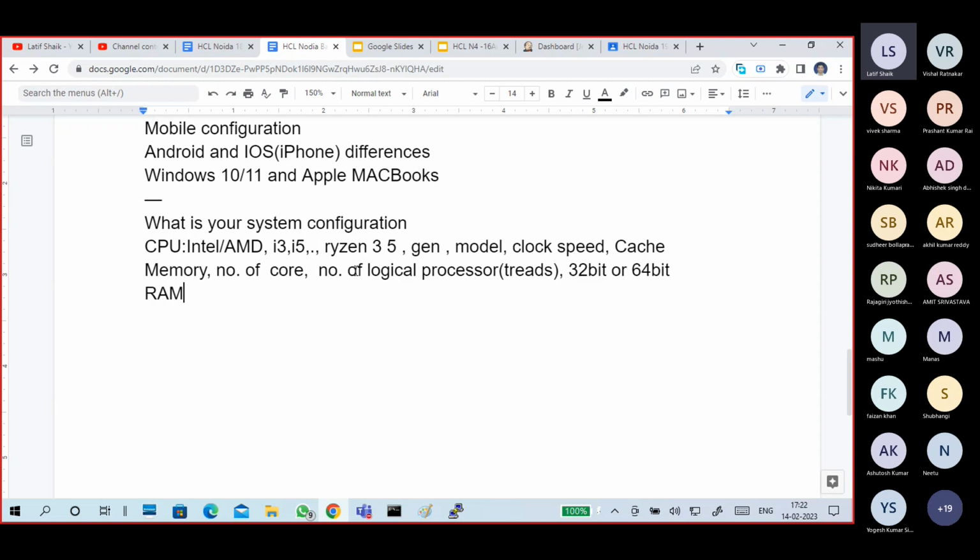Next one is RAM. RAM is very important. It's your primary memory and main memory also. How much RAM size? It's 4 GB, 8 GB, 16 GB RAM like that.